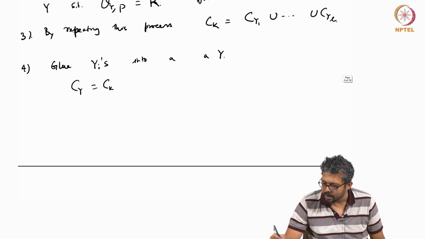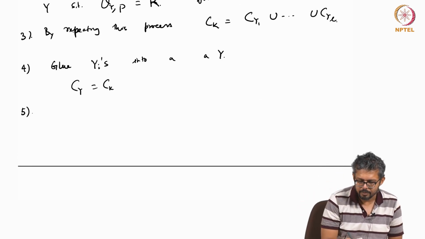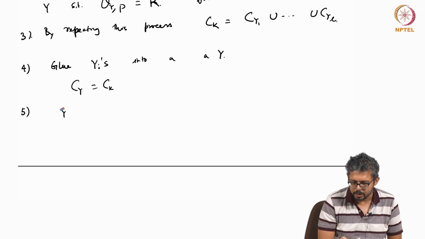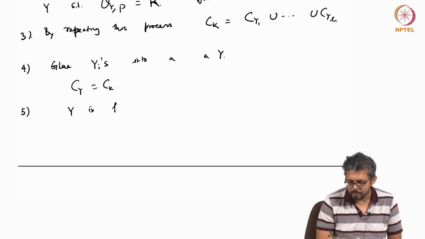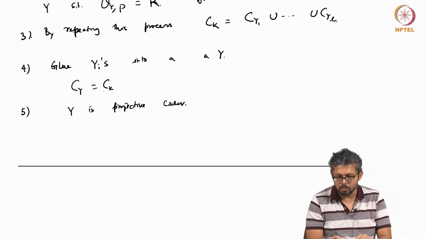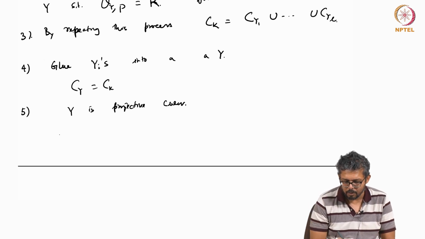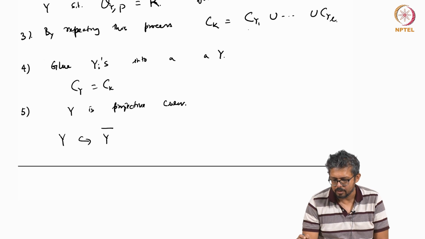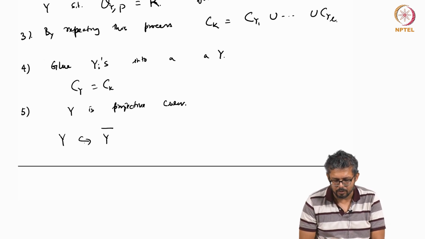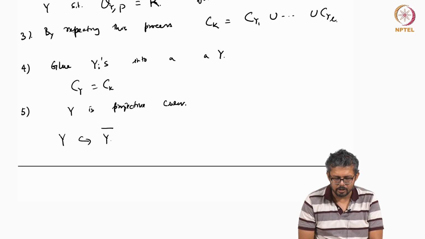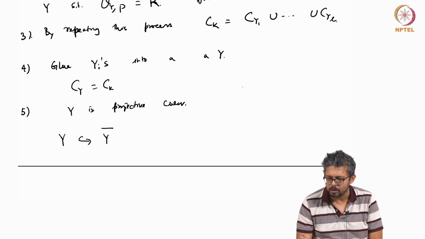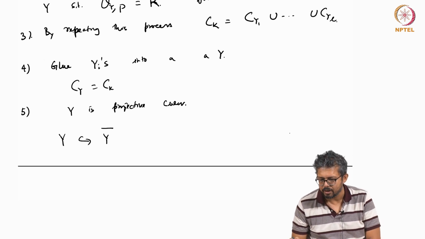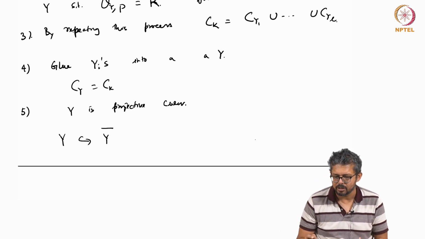Then the next step is that this has to be projective. The Y is a projective curve, because you got this Y as a curve. Now if it is not projective, then it will be inside Y bar. But the DVRs in Y are already exhausted here. So the point which is outside Y but in Y bar will correspond to a DVR, but the points correspond to different DVRs, so it is not possible. So Y has to be projective.